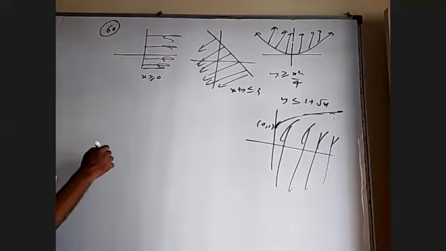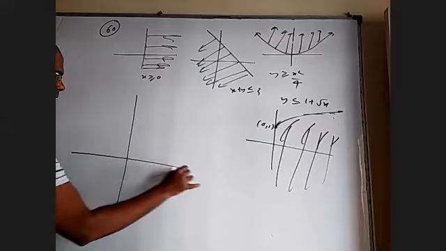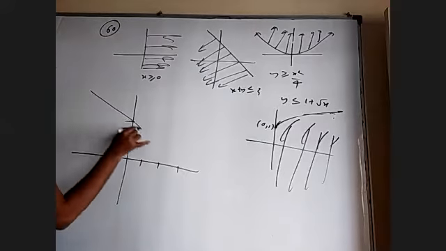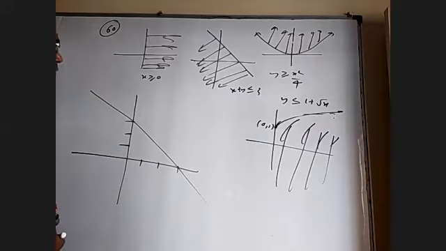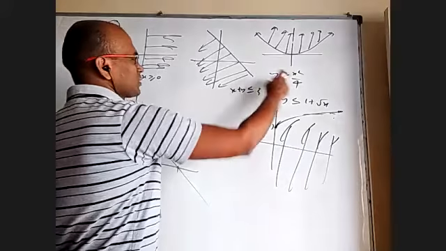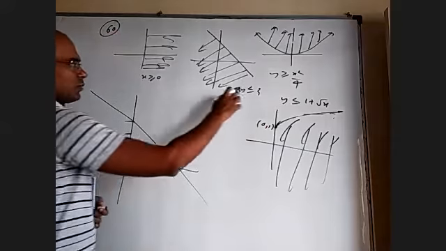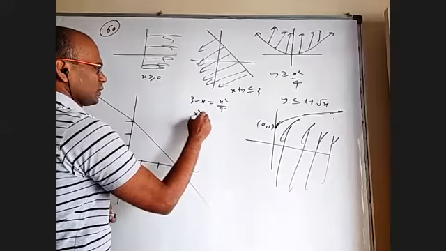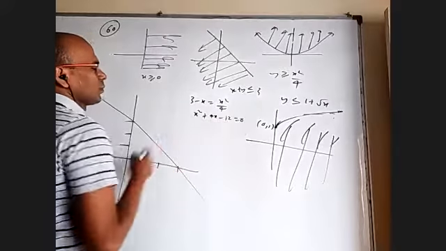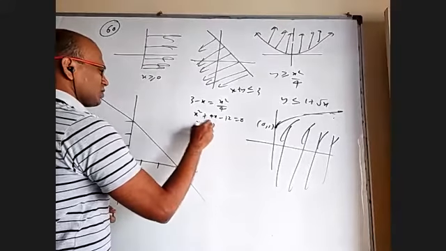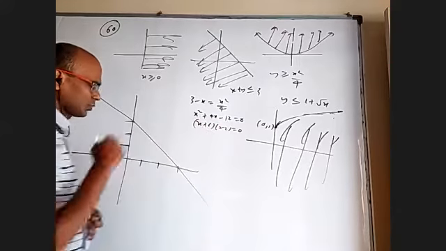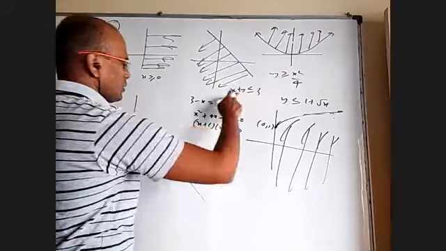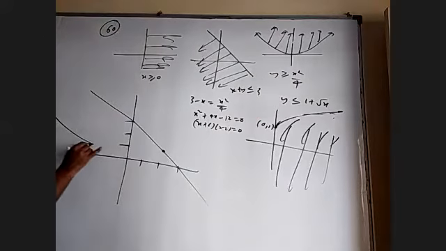So let me draw the figure properly. 1, 2, 3, 1, 2, 3. x plus y equal to 3 is like this. Then y equal to x square by 4, where these two will intersect I also have to find. Let me find that before. So 3 minus x equal to x square by 4. So x square plus 4x minus 12 equal to 0. That is x plus 6 into x minus 2 equal to 0. So x equal to 2 will come. So 2 comma 1. At 2 it is 1. At 2 this is also 1. So the parabola is quite open like this.